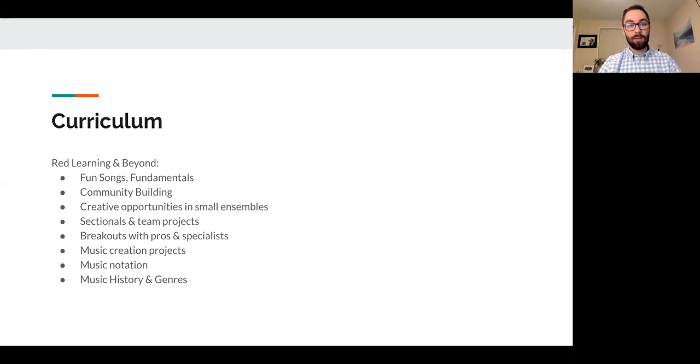So we've got lots of fun songs to work through in our book, as well as some other ones, as well as we'll always be working on the fundamentals that help us to perform those fun songs at the highest level possible. We're always striving to build the community within our band. We are a band, this class is a band, and we want it to feel like a place that every